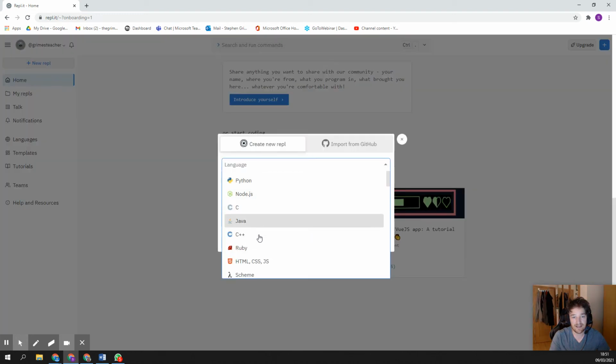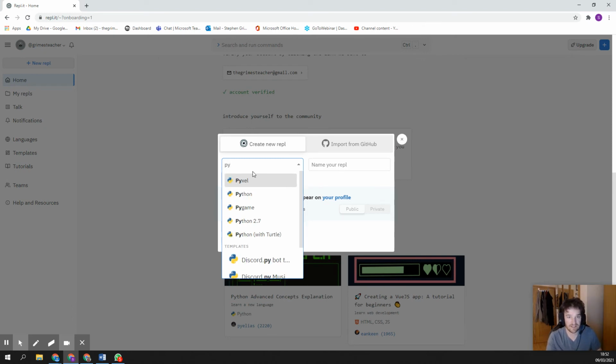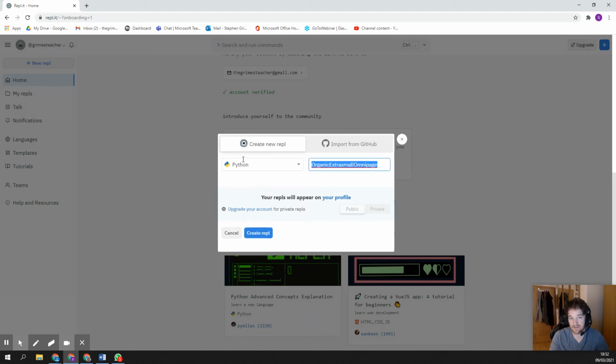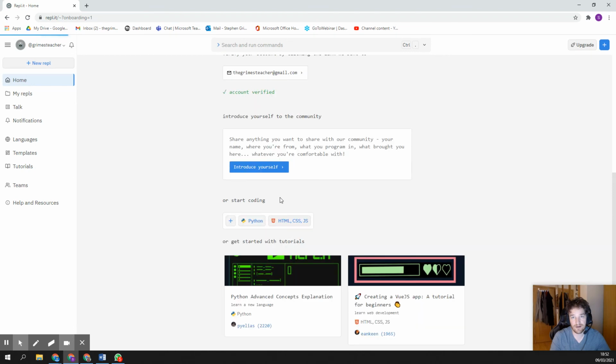If you click that, you'll get options here. I'm just going to type Python, if you can't find it. It'll give you lots of them. We're going for just regular old Python. The next thing it does is give you a name, and it automatically picks a couple of random words. So I'm just going to call it trial Python. Then you can make it public or private. I'm going to say private, and create it, because you need to create an account. And bada bing, bada boom.